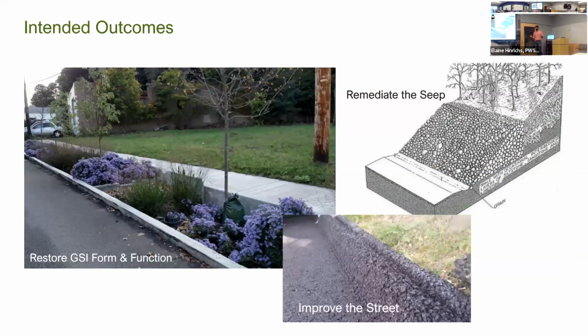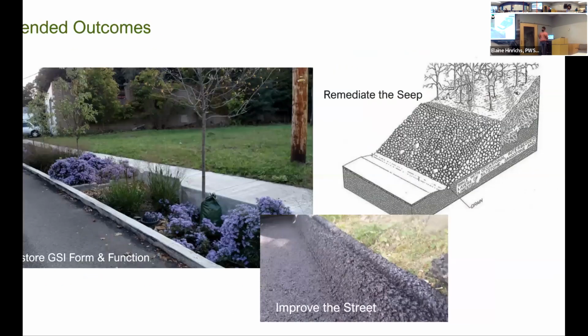So in terms of the overall intended outcomes, just to repeat back, the intention of this project is to stabilize the landslide, remediate the seep that caused the landslide, improve the street conditions on Haverhill to the extent practical, improve the drainage there so that we are creating a safe and sustainable condition, and then ultimately